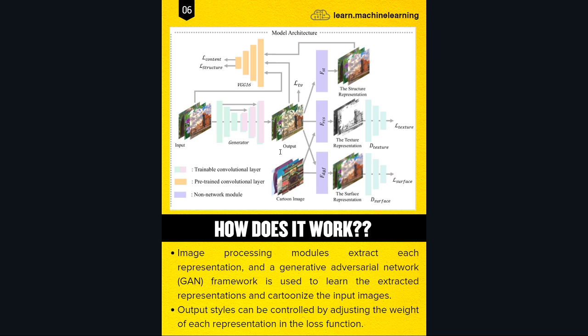So when we come to, let's see, there are three image representations on the right side: the structure representation, the texture representation, and the surface representation. We have one generator and two discriminators here. This is one generator and this is one discriminator, and the other discriminator is here, where D texture and D surface are the two discriminators, and we have one generator here,